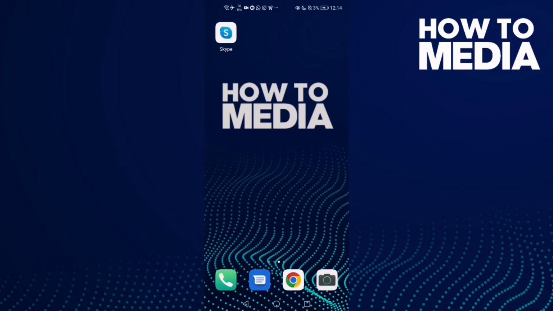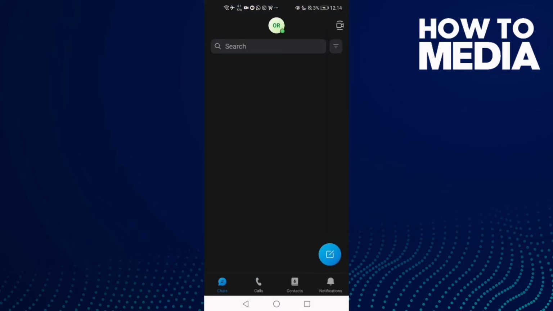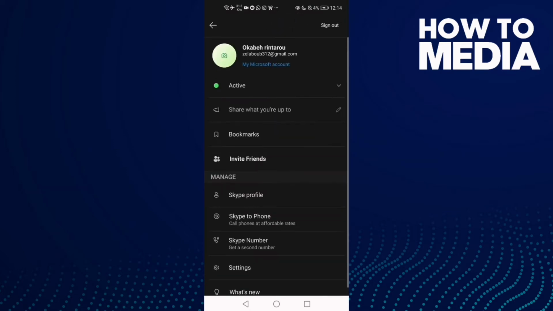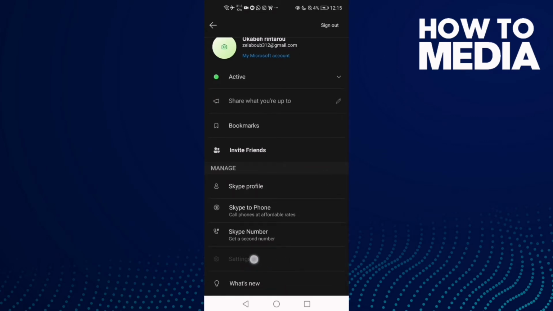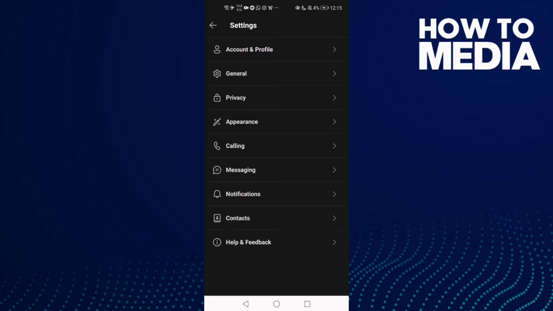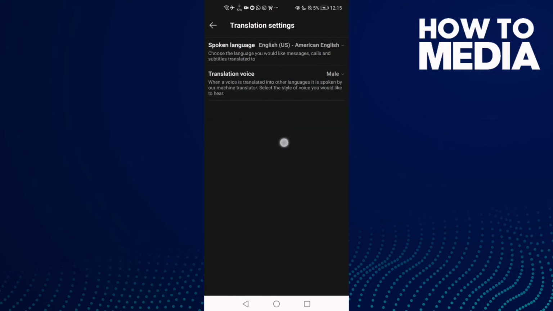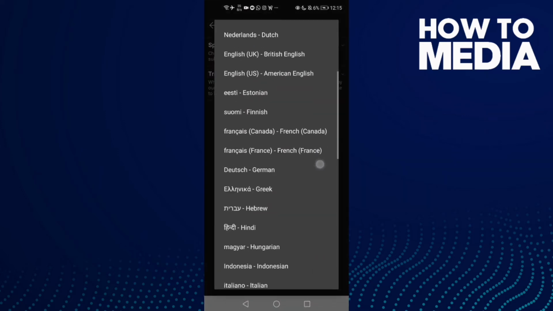First thing you're gonna do is go to Skype, and then click here on your profile, and now click settings, and then click general, and now click this one, translation settings, and then just click here spoken language and select